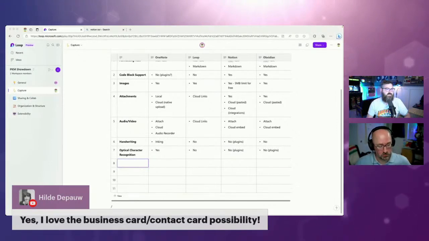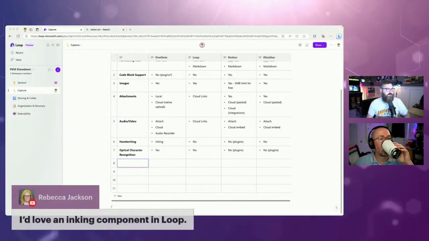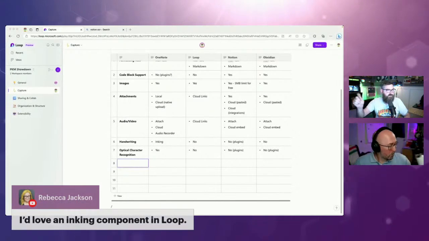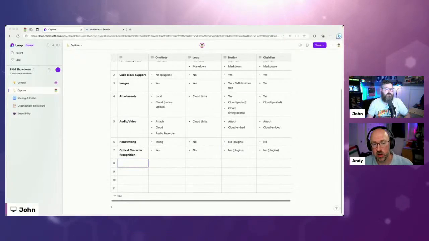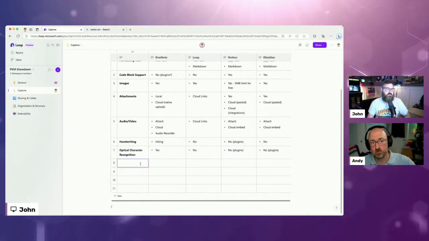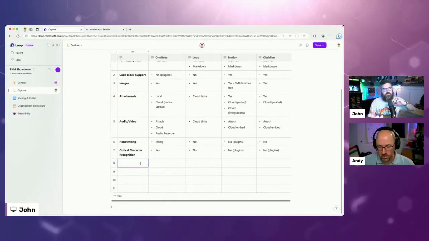Yeah. Rebecca says she would love inking in Loop. I want to highlight that. I would love that too, to be able to add a little inking section, write, draw a picture, especially in a meeting. But what if you did that the other way around? A little bit lighter than a whiteboard. What if you did your inking in Whiteboard and then you use Loop components around it? Yeah, and I think that's the design. It's just, is that breaking me out of the Loop workspace?